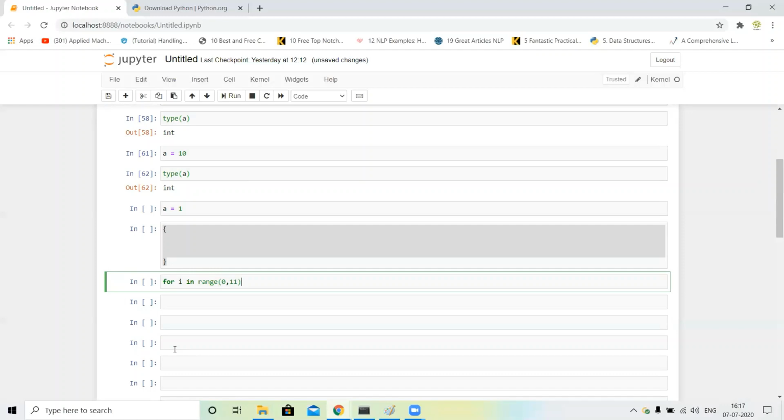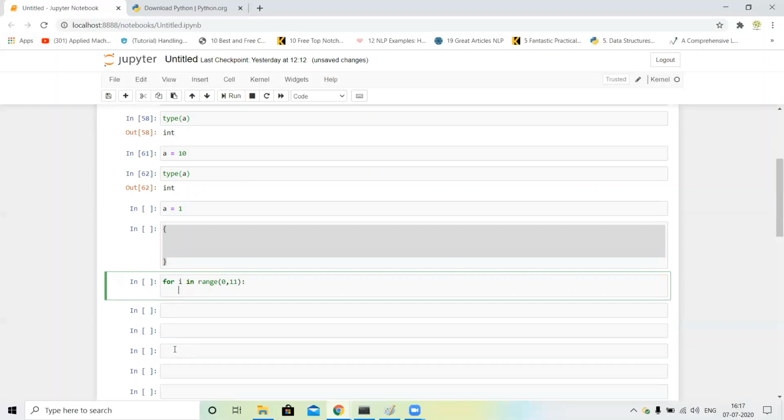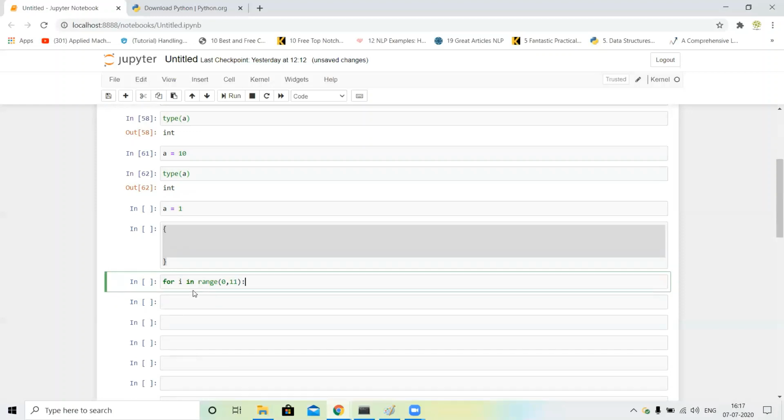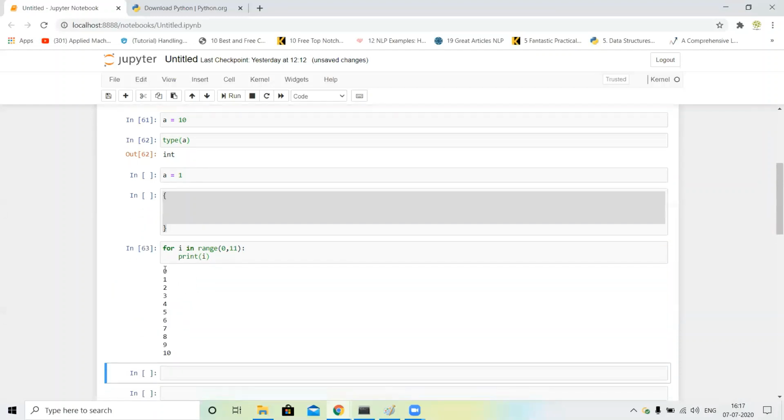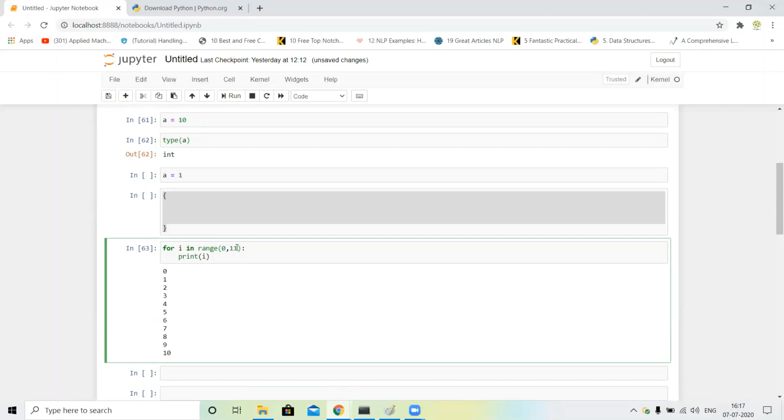When you click enter, you can see this is the indentation. First of all we print i. You can see our output is 1 to 10. Why 1 to 10? Because we assigned 0 to 11, and the end is n minus 1. What is n? n is equal to 11, and n minus 1 means 10. So our output is up to 10.